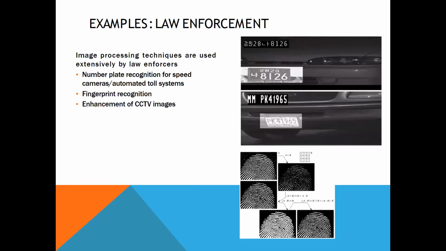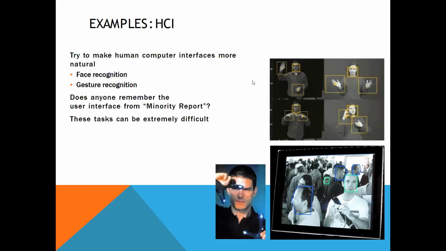This technique is used by law enforcement, like number plate recognition and speed detection. Suppose at a very fast speed, this picture is taken. So what is written there, you have to elaborate. Fingerprint recognition, thumb expression, this is biometrics. In every government organization, they are using it. Enhancement of CCTV images is in very high demand right now. The government puts these up on the roadside to recognize number plates as well as cars with the help of these machines.